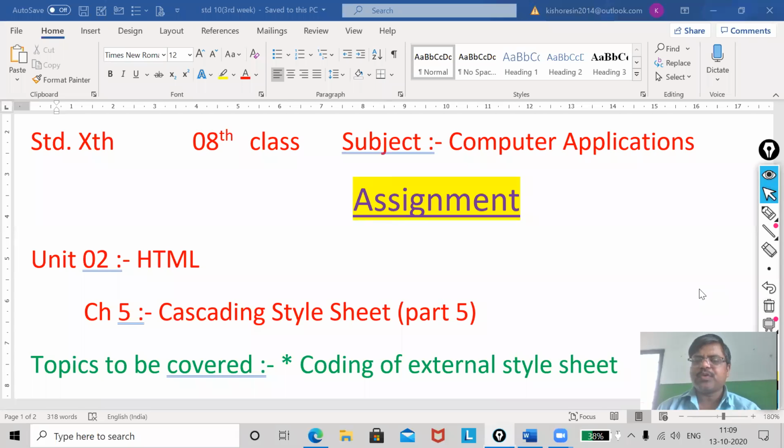Nowadays, the websites which are created are not all having the external style sheet. They have inline or the internal style sheet. Because here we have the concept of two files, but in the internal and the inline we have the concept of only one file, that is having the extension .html. But here I will use .html as well as .css. Okay, now